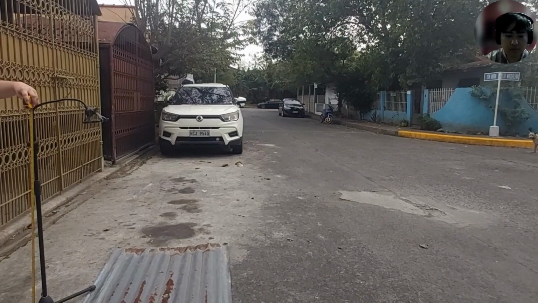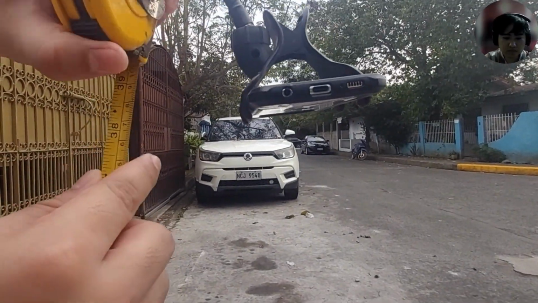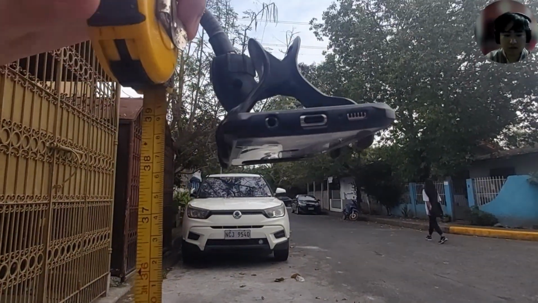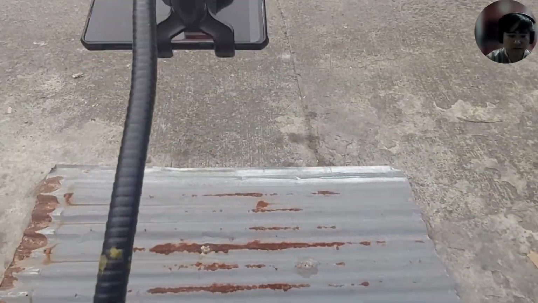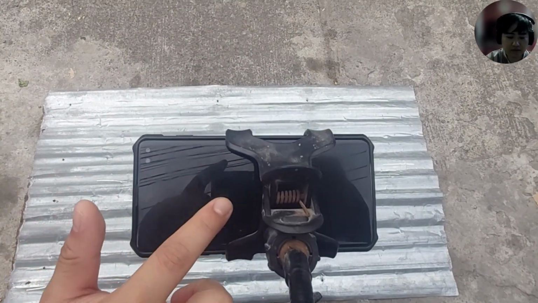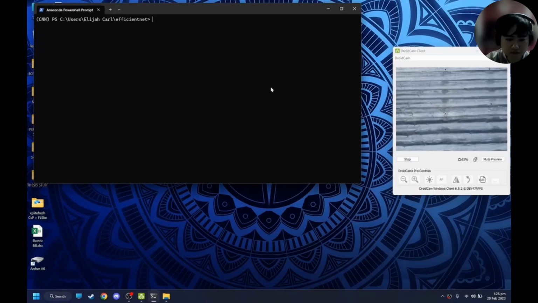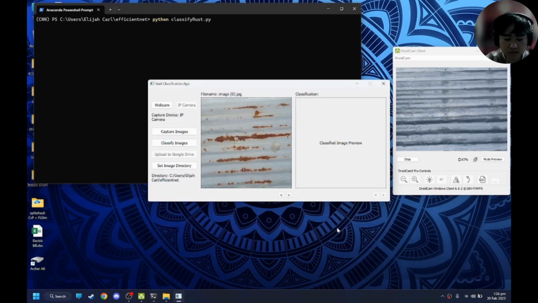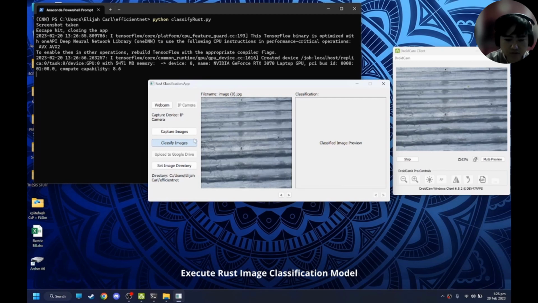So here is a prototype demo. As seen here, images of rusted galvanized iron sheets are being captured. One is a clear sheet and one is a rusted sheet. And here is the capturing of the GUI and the execution of the classification model. As seen here,